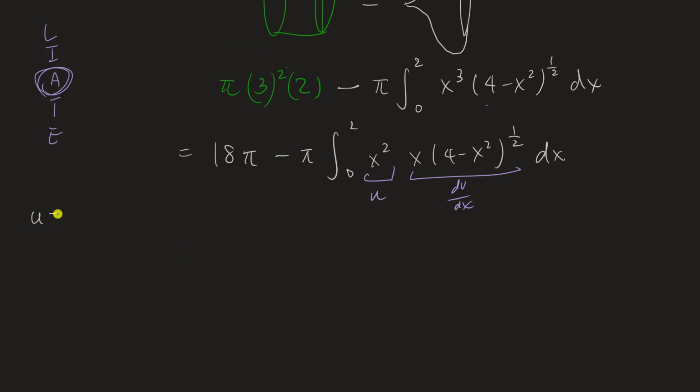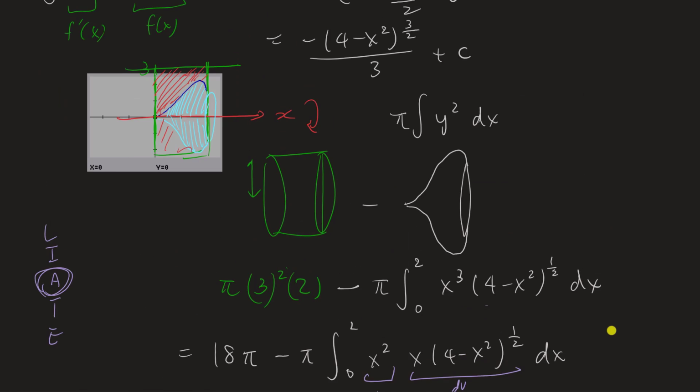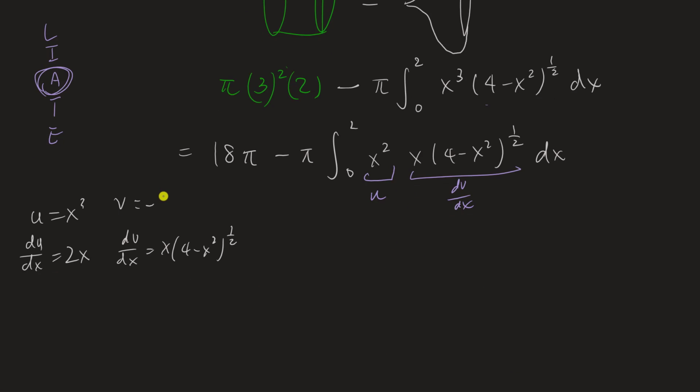Your u is x squared. This means that your du dx is 2x. And if your dv dx is x times (4 minus x squared) to the power half, we already know what's the integration of this, right? Part 1 answer tells us that is negative 1/3 (4 minus x squared) to the power of 3 over 2. So then using this,